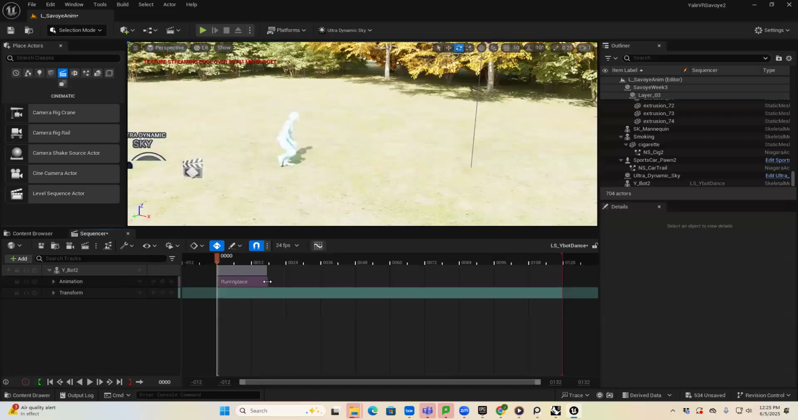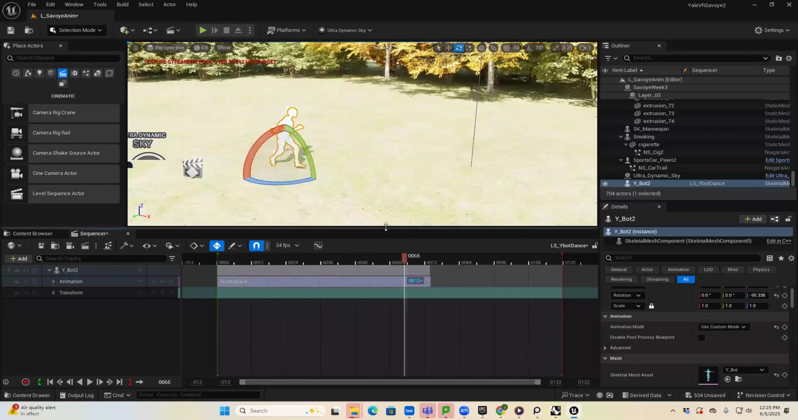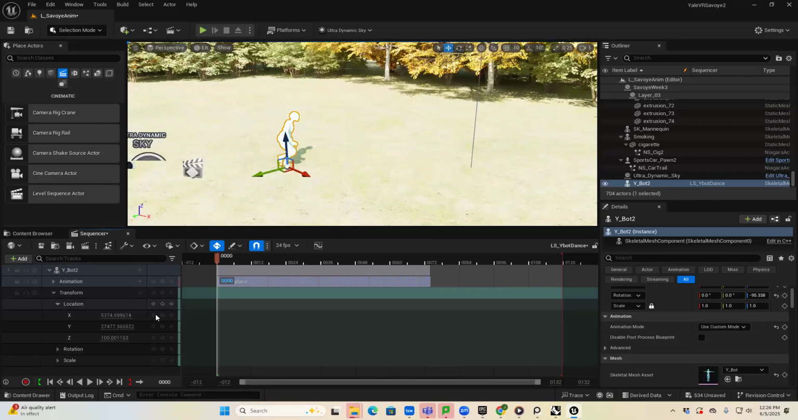So the other thing I'll do is with my run in place animation, I could stretch this out, and it's just gonna play that cycle as long as it's there. So it's just looping that cycle for as long as I want, right? But you can see that that character is not moving. So then I do have to move the transform. Right, so let's go back to 0. I'm gonna open this up, and the location on the X